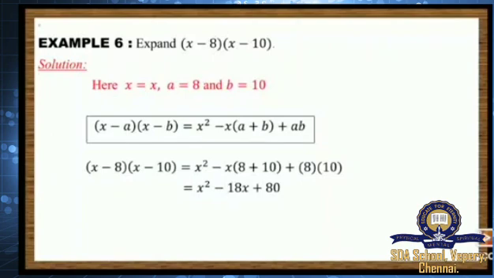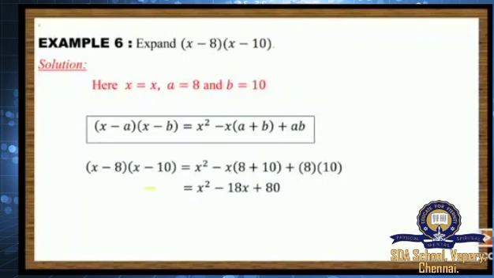So next example is expand x minus 8 into x minus 10. So from this you can directly observe that this is of the form x minus a into x minus b. So you can use the identity x minus a into x minus b equals x square minus x into a plus b plus ab. So here x equal to x, a equals 8 and b equals 10. So substituting x equal to x, a equals 8 and b equals 10 in the below identity, you will get